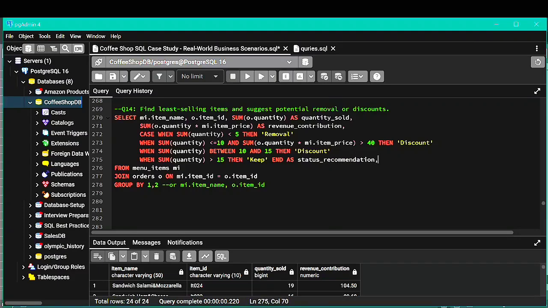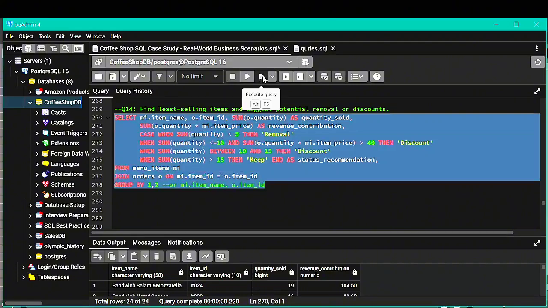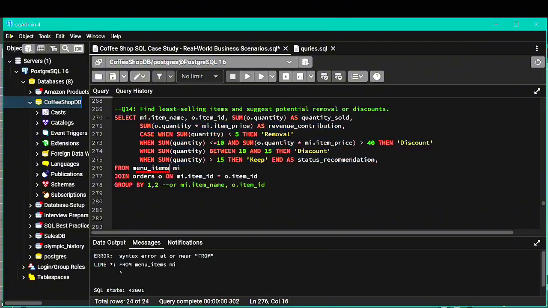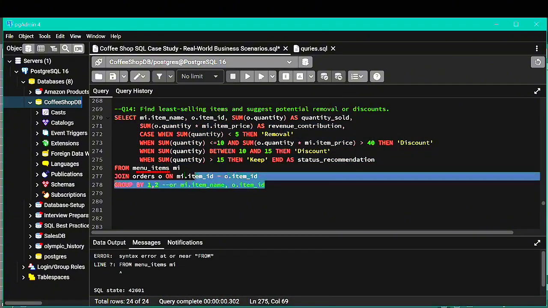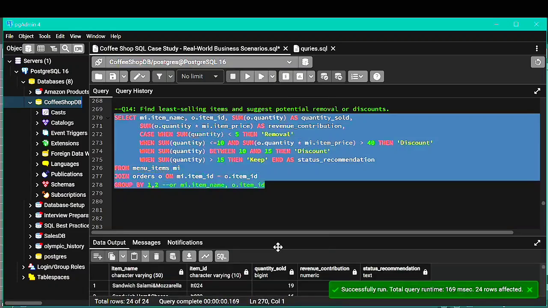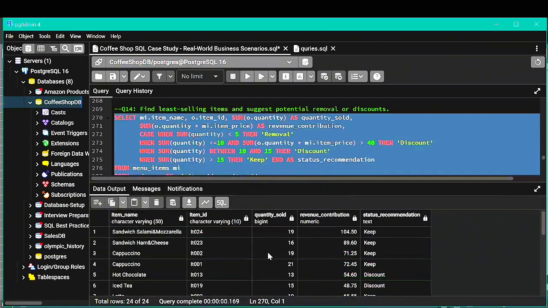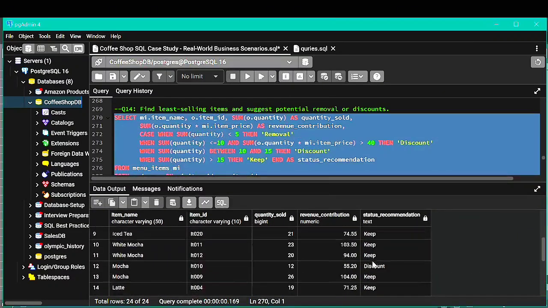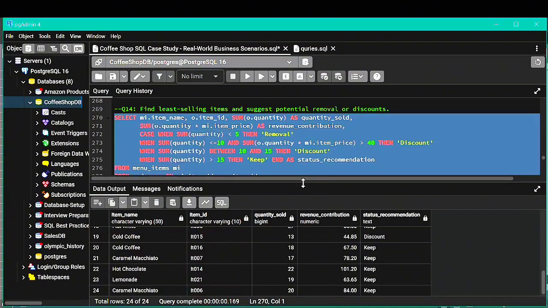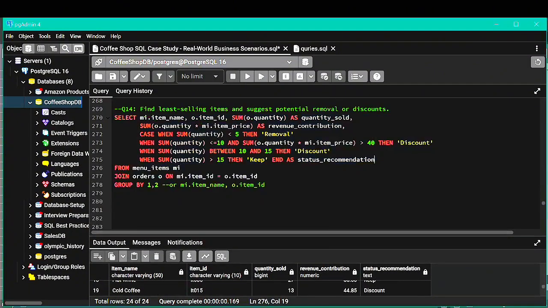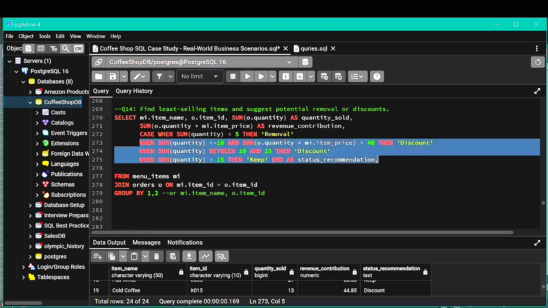Let's run the query to see the column is added or not. So there is error. Let's remove the comma and run again, and you can see the column is added and it assigns a status recommendation to each row based on the conditions. Now the next column is reason. This will provide the reason behind the recommendation,